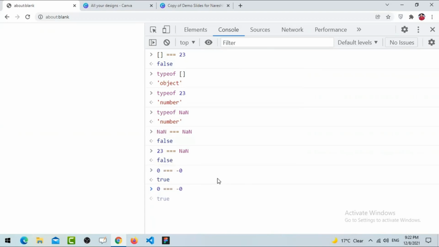If you have just the opposite of this one, minus 0 on the left hand side and plus 0 on the right hand side, it is going to return true. Except for these cases, whatever you have, you can try based on that only. So how triple equal to is working, you see,